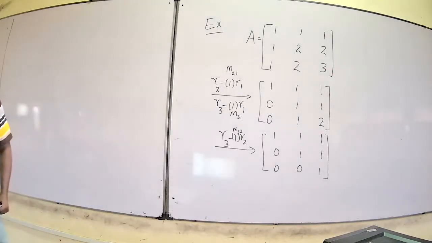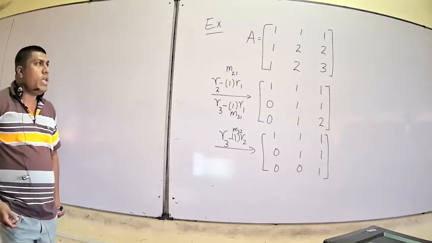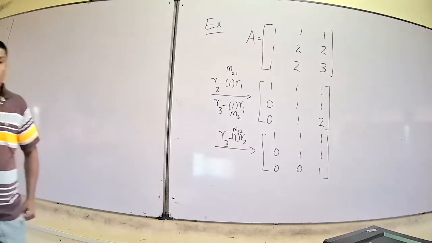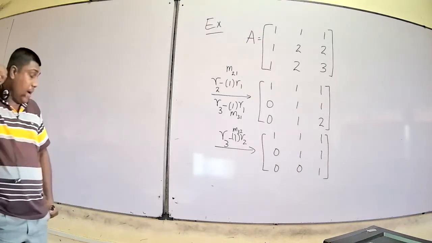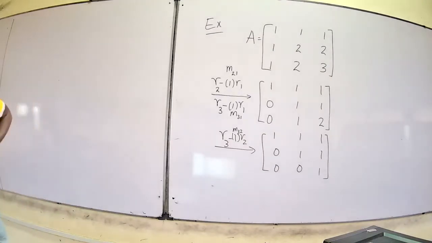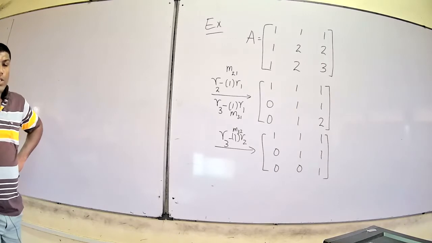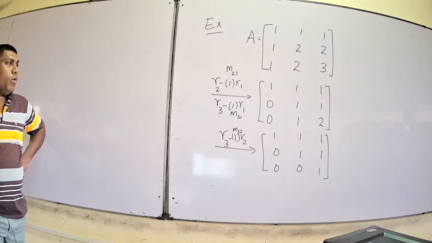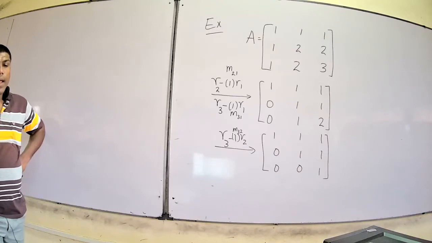Now I only focus on the coefficient matrix first. Let me focus on the coefficient matrix A only. This is what I did in that example. I eliminate the components below the diagonal in the first column by doing row operations. For that, I multiply row 1 by a certain number and subtract it from row 2. Then I multiply row 1 by a certain number and subtract it from row 3.